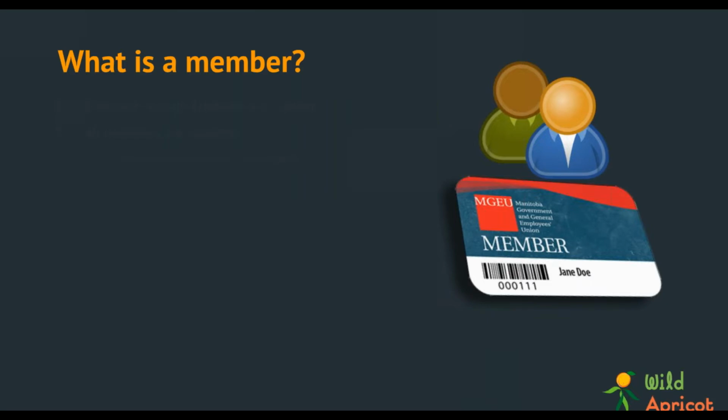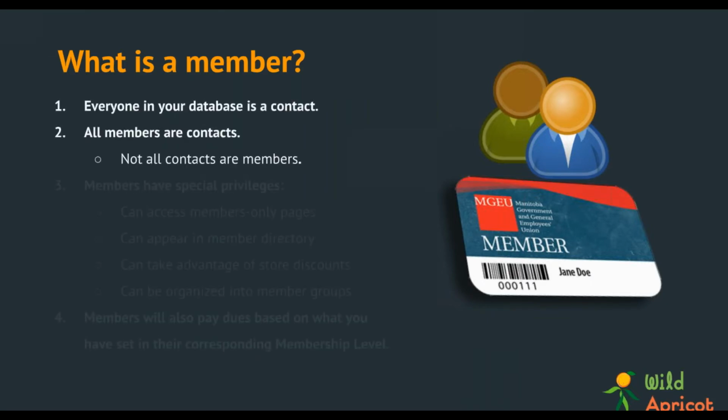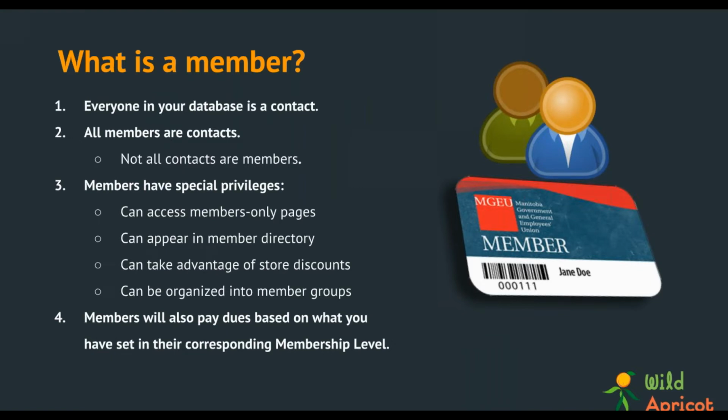First and foremost, though, let's talk about the difference between a member and a contact. So really quickly, everybody in your Wild Apricot database is a contact. You can think of it kind of like a Rolodex, if anybody remembers those, or like a phone book in a way. Everybody whose entry is in there is a contact, whether they have a membership or not. Like, your organization may have sponsors, it may have guests, it may have partners or other people that it just corresponds with, but doesn't necessarily sell an actual subscription or membership to. So this is useful for two reasons. One, you can kind of think about how much space you would need in your Wild Apricot account, or if you need to go to a larger account to accommodate more people as contacts.